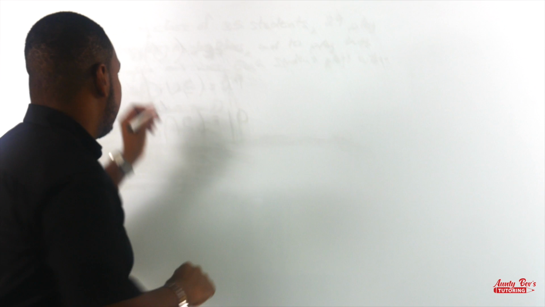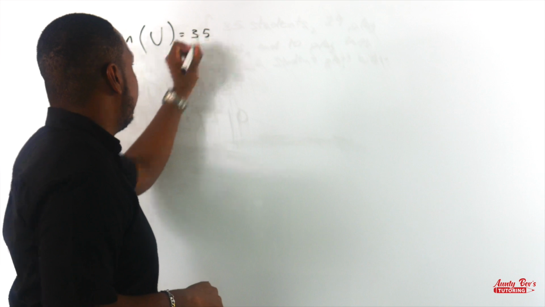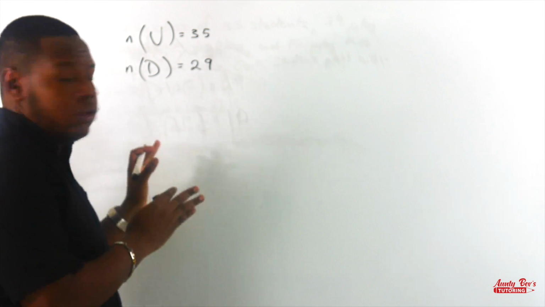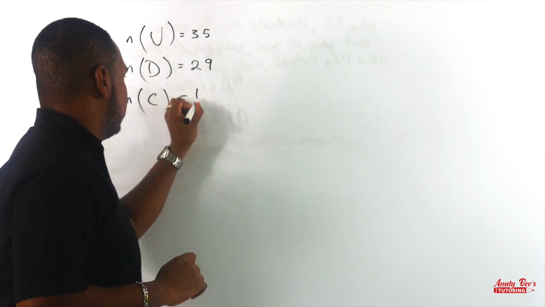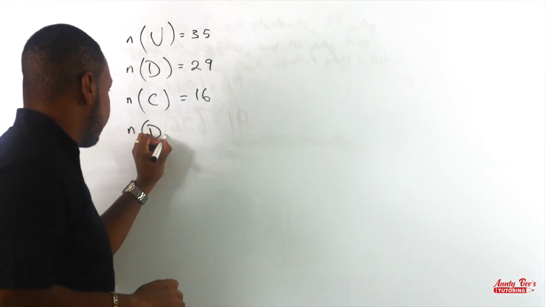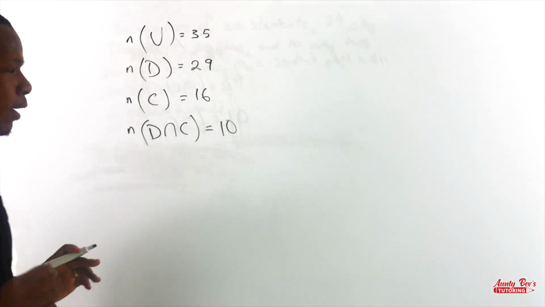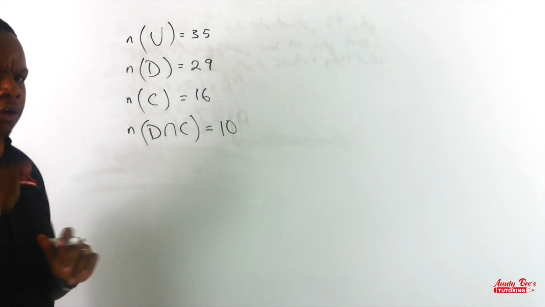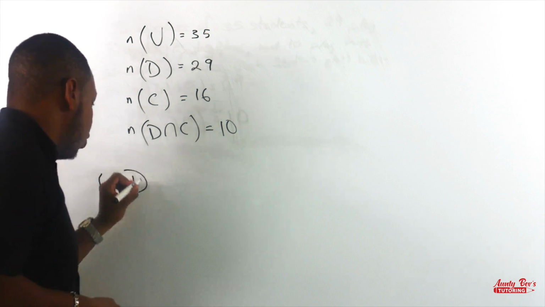So now, following that example, the number in our union is 35. The number for draughts is 29. The number for chess, 16. And the number that do both, the intersection, is 10. Now, remember how to find the number who do draughts only and chess only. I just told you. So for draughts only,